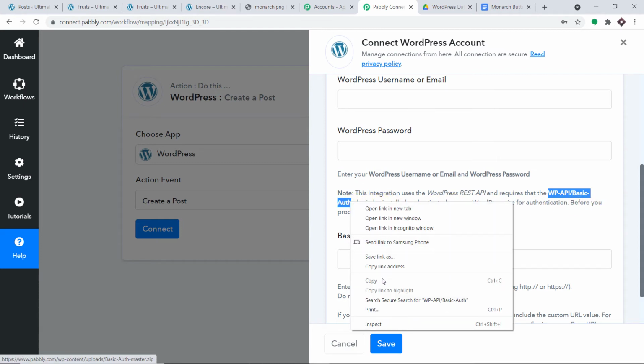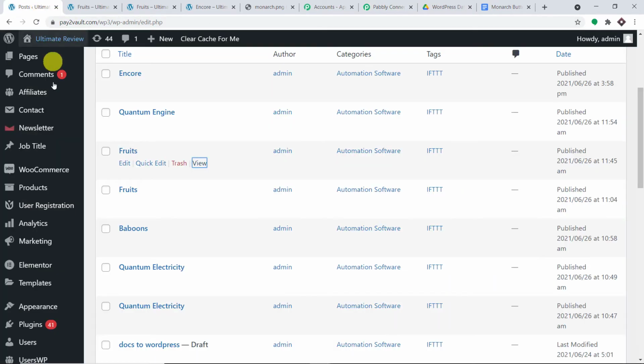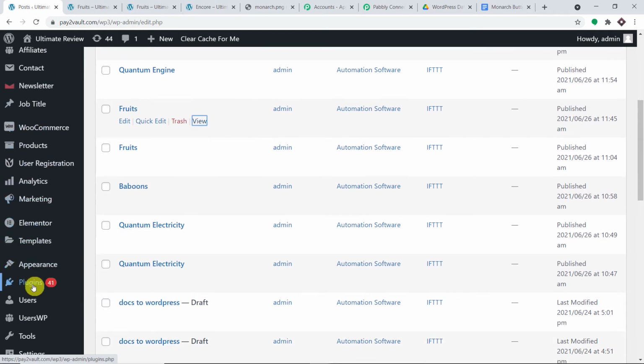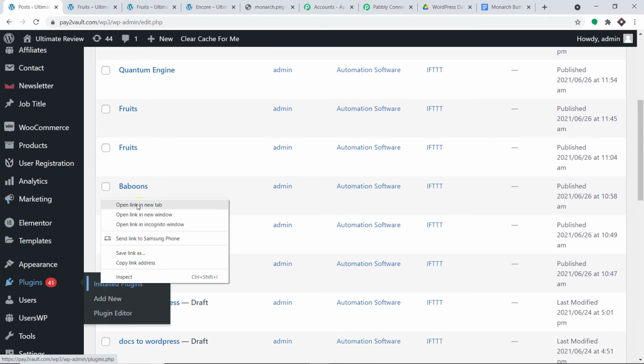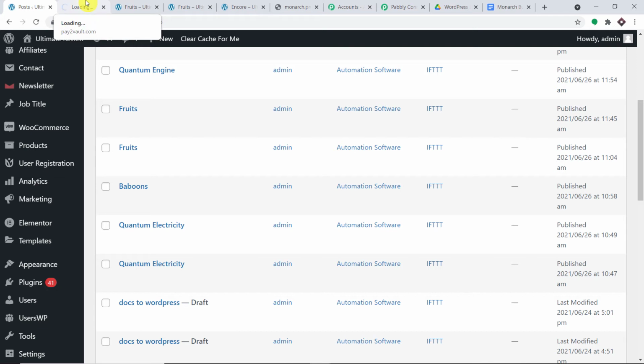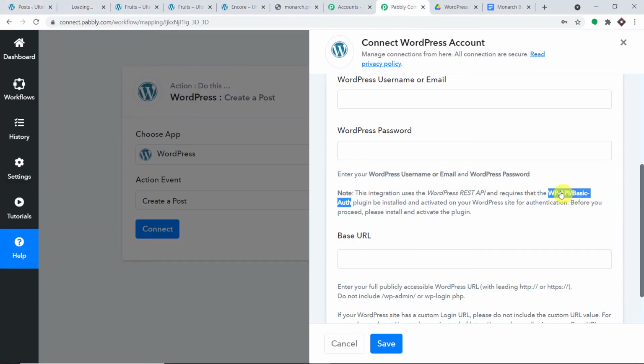So I'm just going to copy this. Of course, I'm not going to teach you how to install this plugin. I'm just showing you that in my case this plugin is already installed. Now if you're already working with WordPress, you already know how to install a plugin. So this is basically the plugin that you have to install,